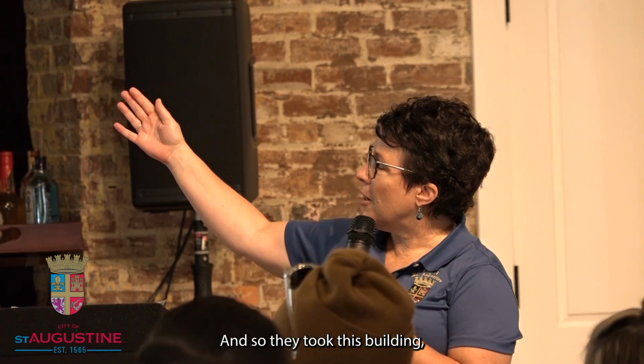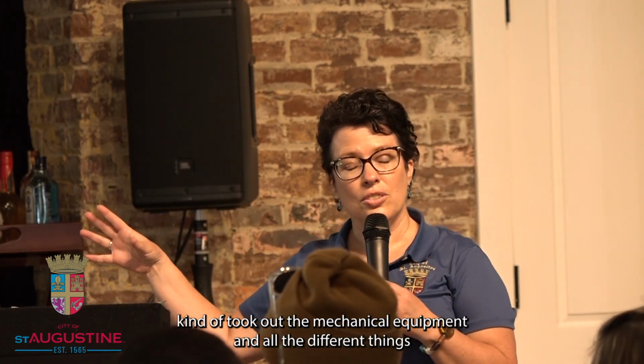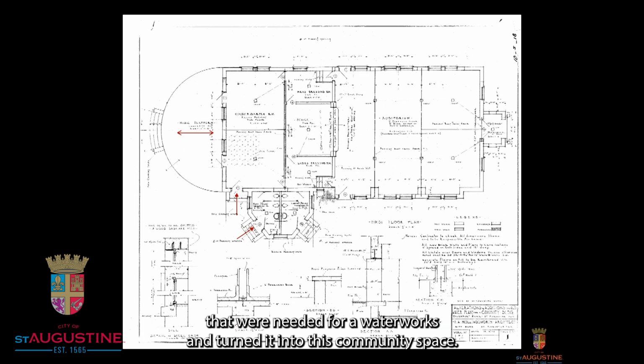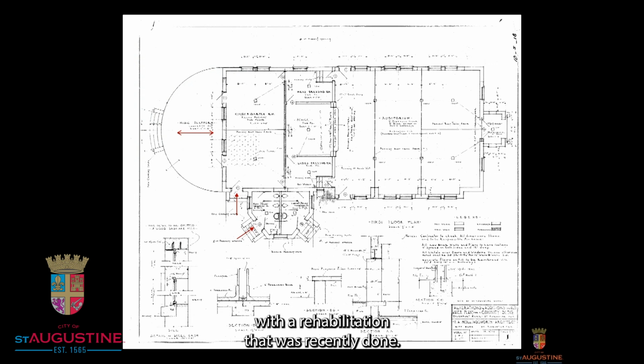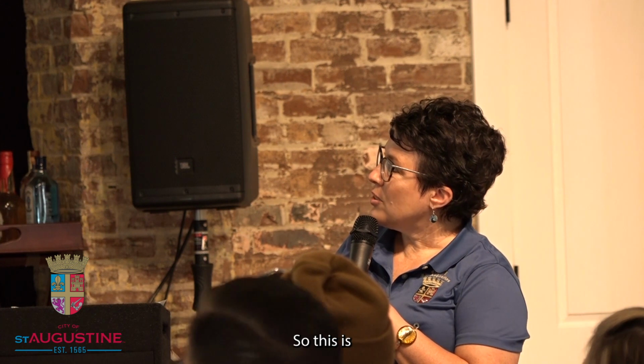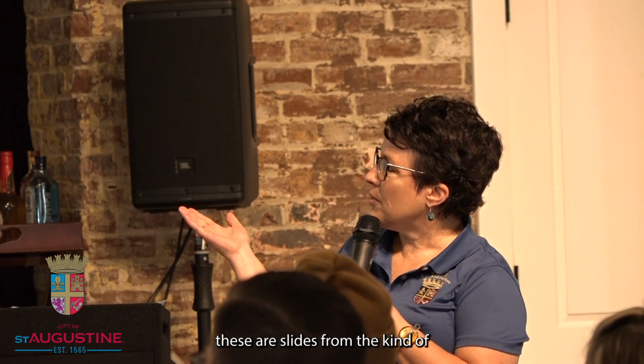And so they took this building, took out the mechanical equipment and all the different things that were needed for a waterworks and turned it into this community space. And they built an outdoor stage, and that was reconstructed with a rehabilitation that was recently done. So these are slides from the